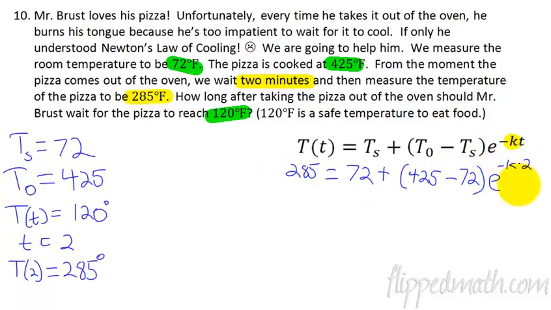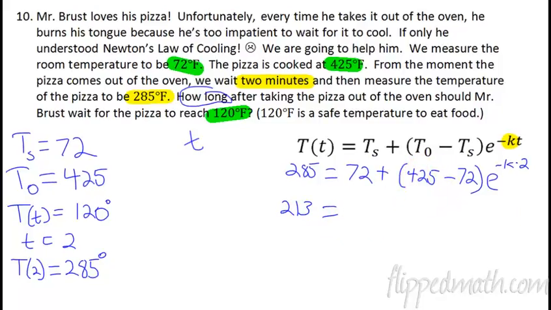This will now let us solve for negative k. So subtract 72, and that is 213. I've already done these numbers in a calculator because I wanted to speed this up. 425 minus 72 is 353. And then we have e raised to the, let's just change this to negative 2k since that's just multiplication there. And now we divide both sides by 353. And again, I did this in the calculator, so this is speeding this up. And I get